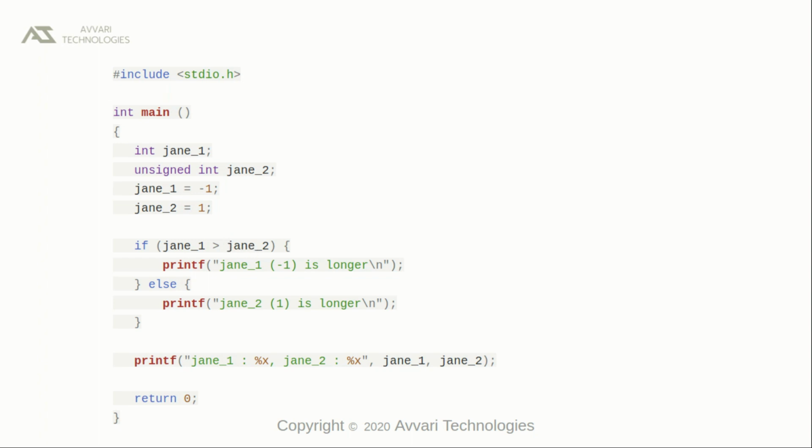Since the data is getting promoted from signed integer to unsigned integer, this statement becomes true, because the value of j1, which was a signed integer before, now became an unsigned integer.